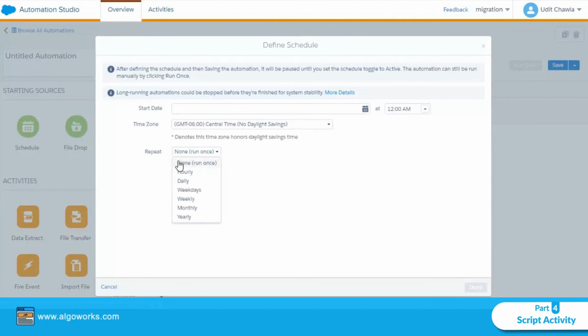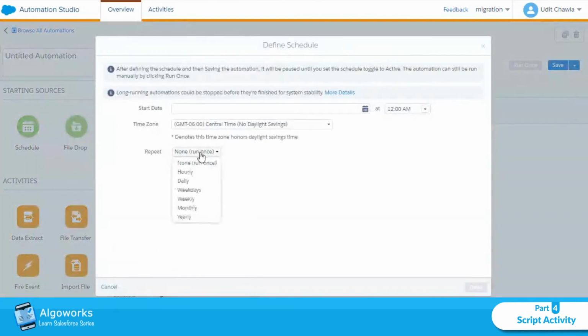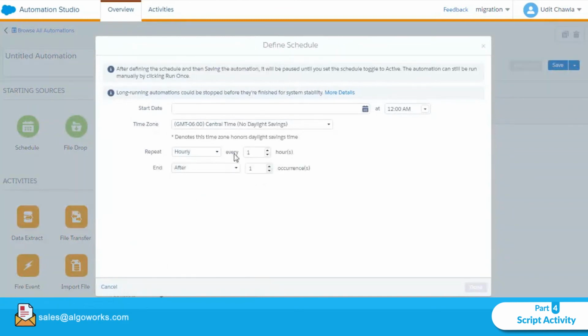If you want to run your automation only once, you can opt for none, and you can also use the run once option over here. If you want to run it on an hourly basis, these are the frequencies available to us. If you want to end it on a specific date, your automation will stop on the date you have mentioned over here.